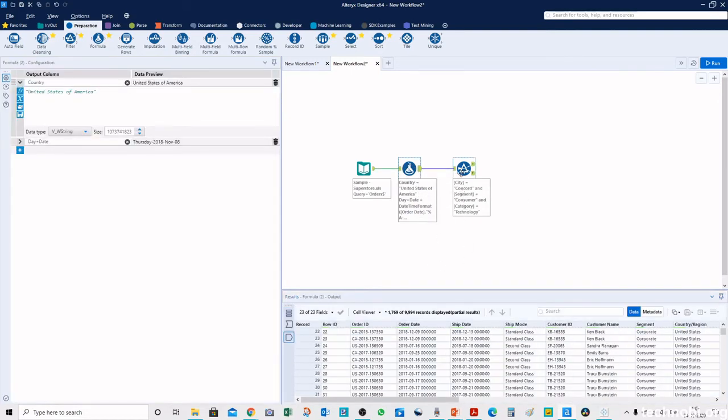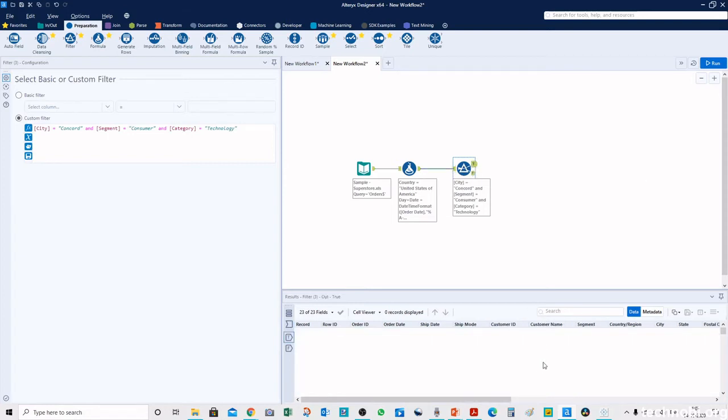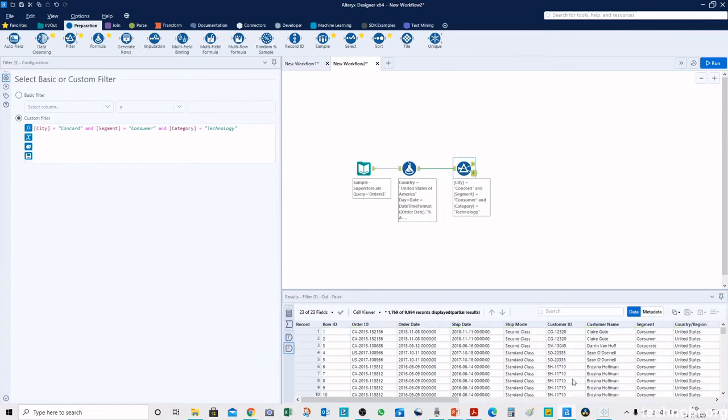So now, how the result has entered the filter tool, and what is the true condition? Nothing. And what is false? The rest all are false. So our condition that we wrote, city is Concord, segment is consumer, and category is technology, is not true for any record. So now let's change this.